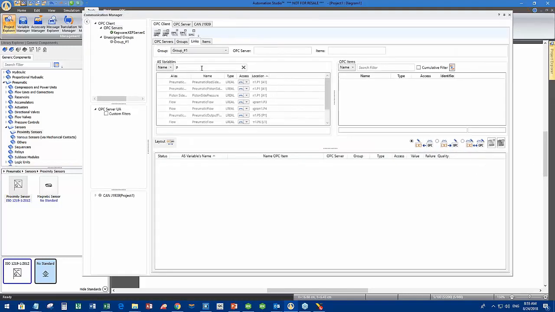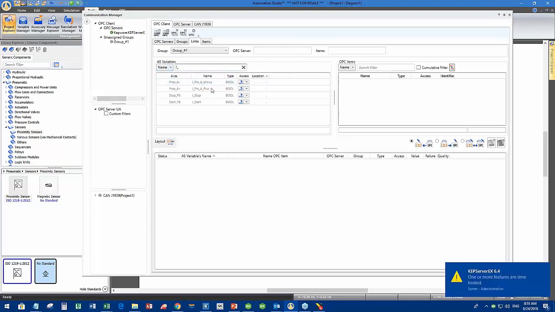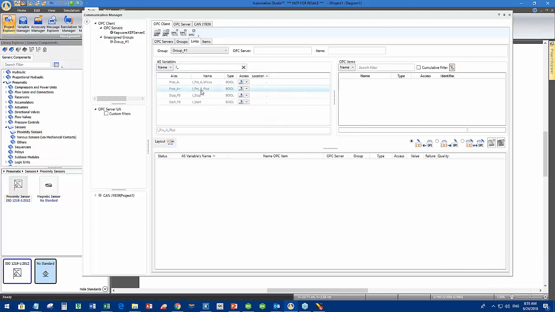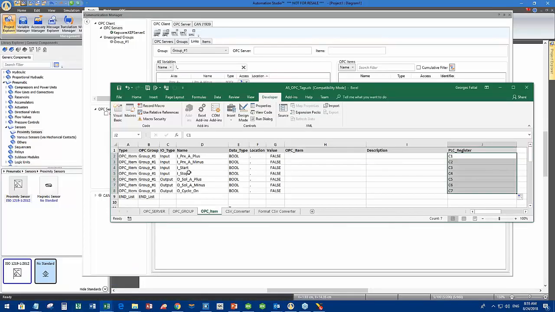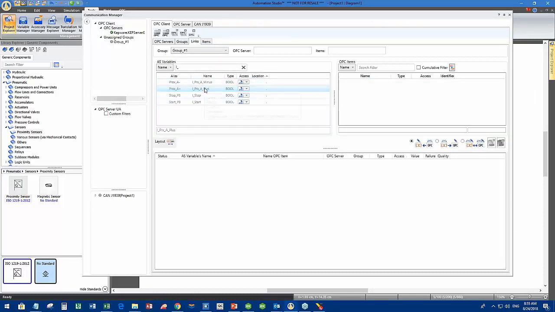And here, remember I told you that I'm going to name my input with I underscore. So you see here, I'm going to start taking my prox A+, which is C1. Remember here in my spreadsheet, prox A+, I said that this is C1, okay? So I'm going to take A+, and on this side here, which is the OPC item definition,